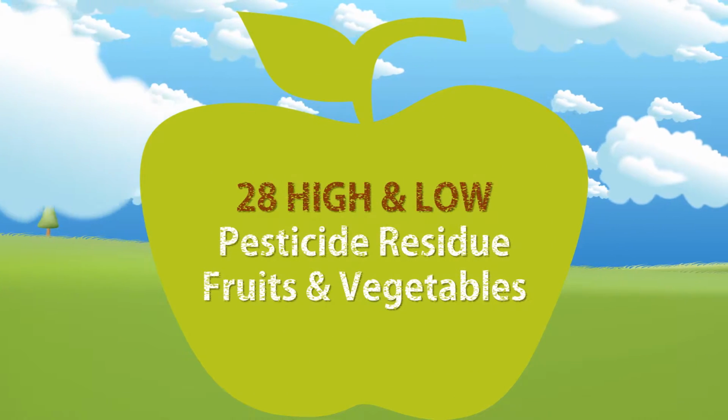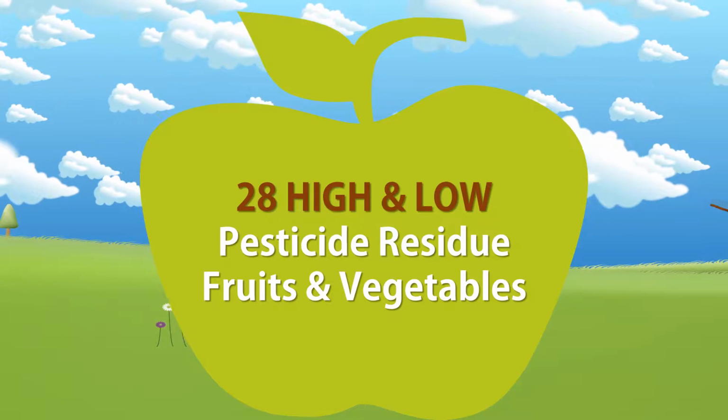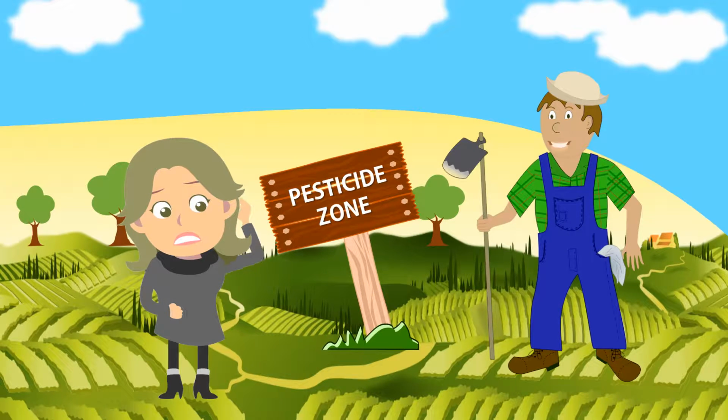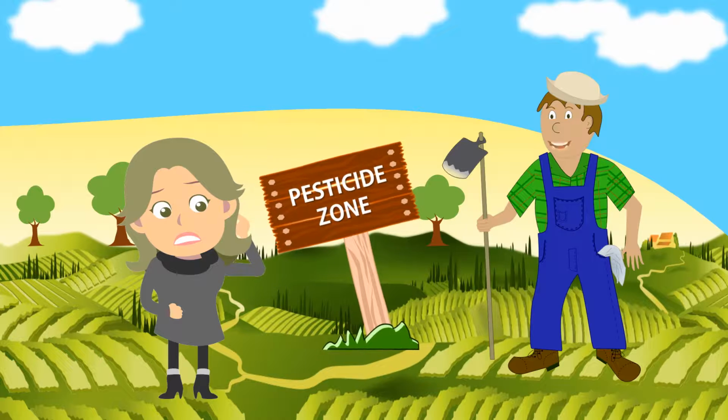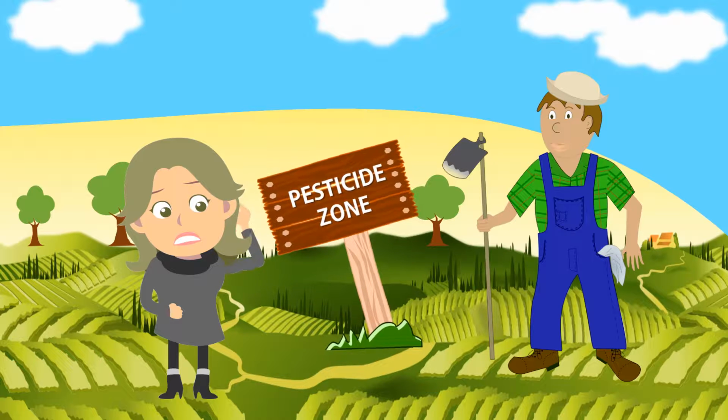28 high and low pesticide residue fruits and vegetables. Pesticides are used in conventional farming to maintain crop health and prevent infestation from pests. While we're assured by authorities such as the Department of Agriculture that pesticide residue on produce offers no threat to our health, Consumer Reports found that 85% of more than 1,000 people surveyed were concerned about pesticides on their fruits